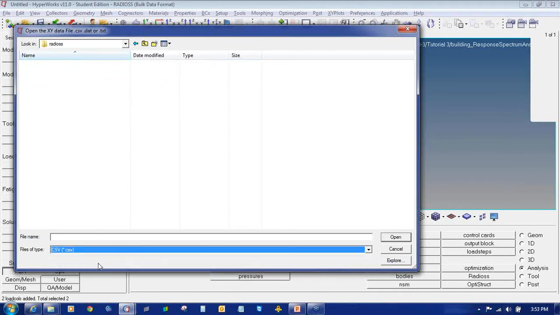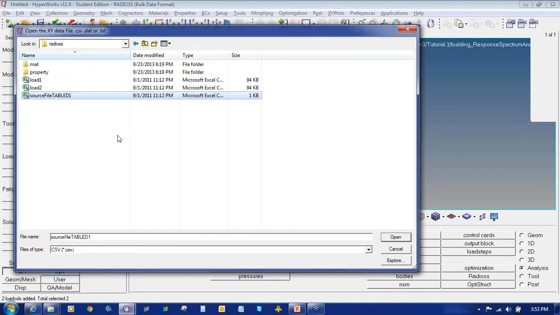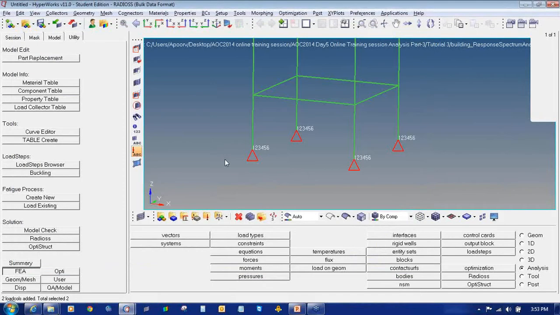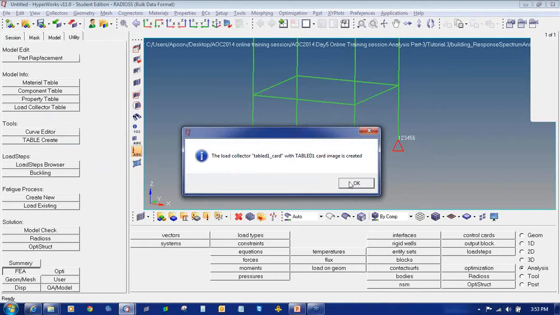So I will search for the CSV file, and we need the source file table 1, and we'll click on open. So this file we need, and click on apply. This message will come: the load collector table 1 card with card images created.